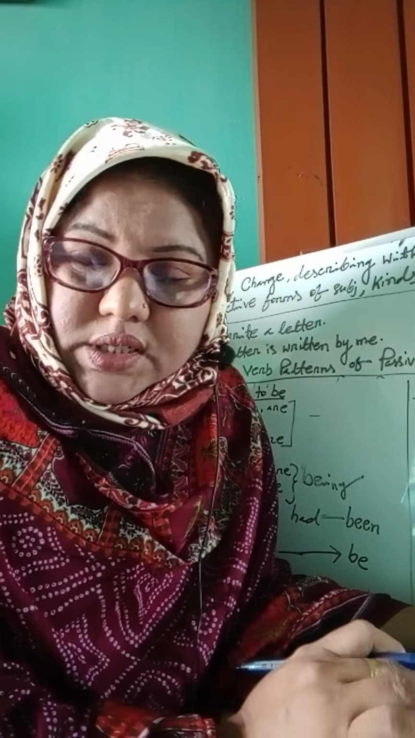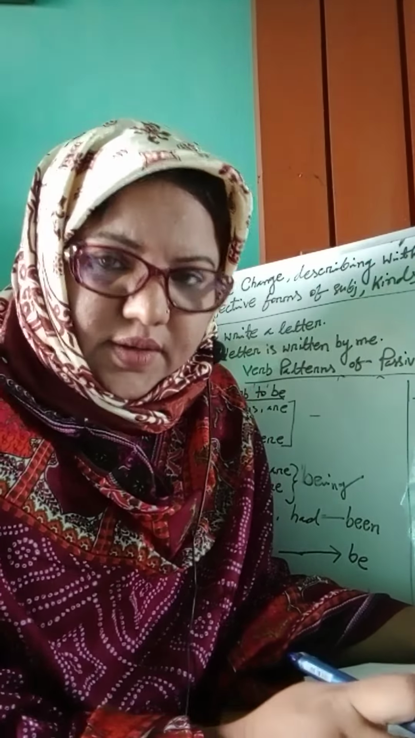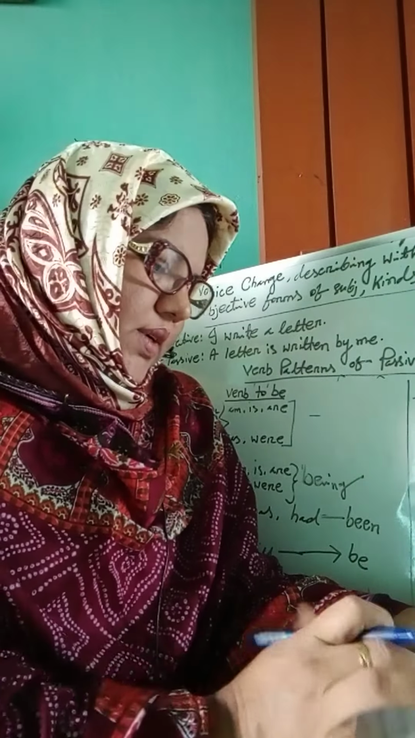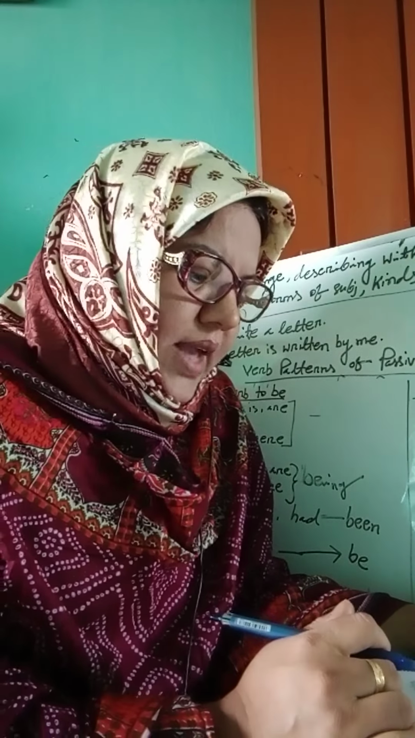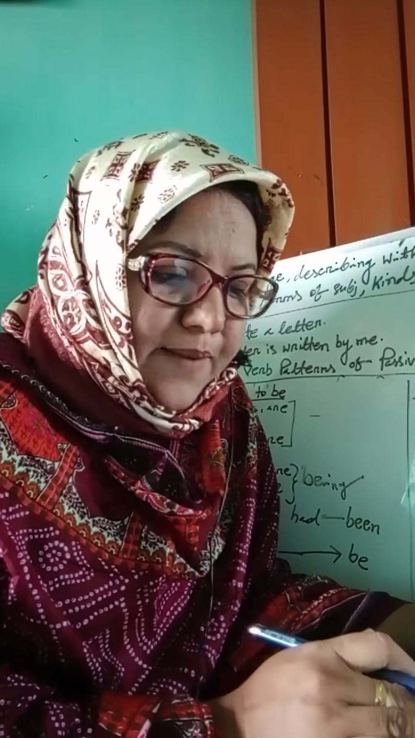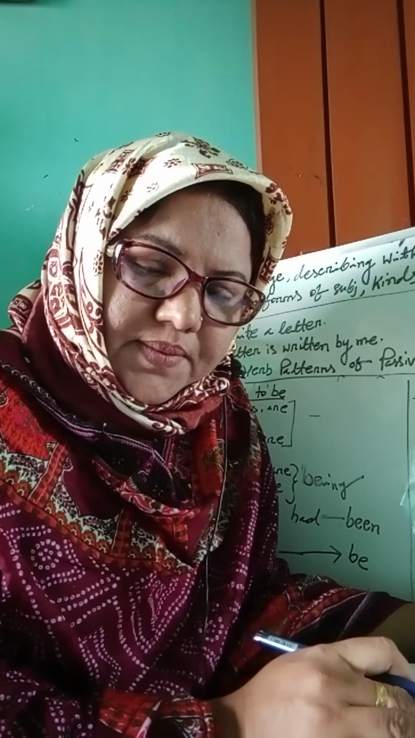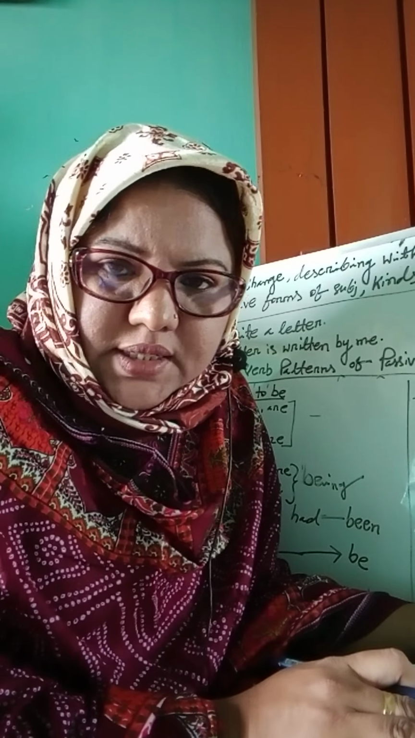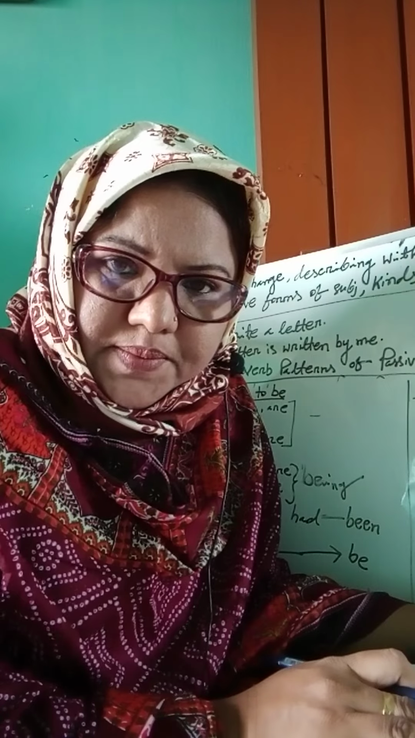Now the rules of changing active into passive. Okay, rule 1, the object of the verb in the active voice becomes the subject of the verb in the passive voice. That means active voice এর অবজেক্টটি প্যাসিভ ভয়েসে সাবজেক্টে পরিণত হয়।